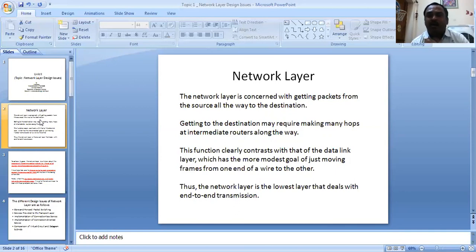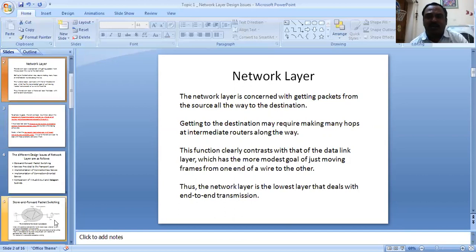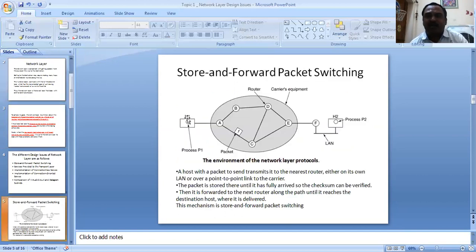And here, between source and destination, as I just now told, you have multiple points. A jump from one point to another point is called a hop, which is a parameter based on which the route is decided. Say for example, here this is the host H1 and this is another host H2, where H1 is in one location and H2 is in another location.